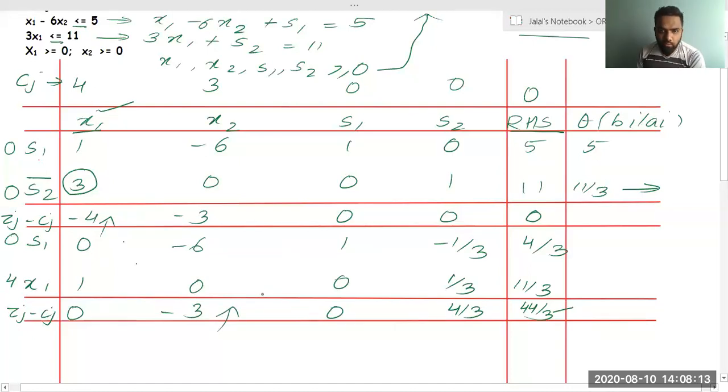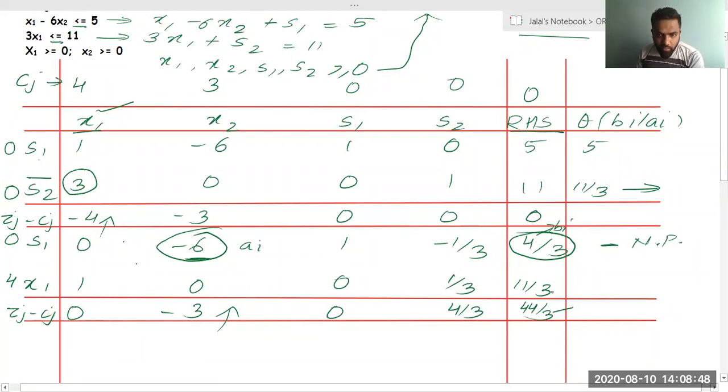So now what we will do is we will try to divide it. Now, what is my RHS? You can see my RHS. What is my RHS? 4 by 3. BI is 4 by 3 and AI is minus 6. We know that BI by AI is not possible since this is minus 6. RHS will never be minus, you don't have to worry, RHS will never be minus in simplex. What I'm saying, BI by AI, if AI is 0 or if AI is negative, we can't divide and theta is not possible. So it is not possible to find theta for S1.